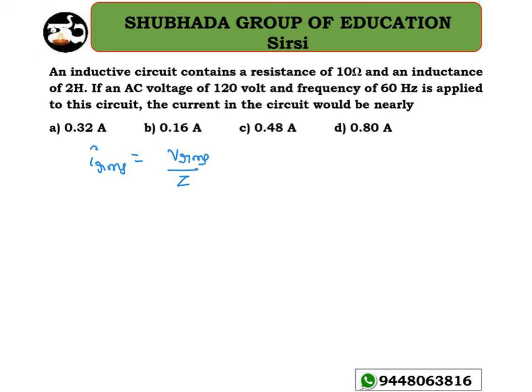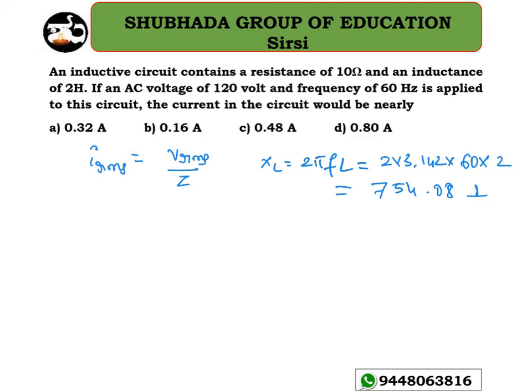Okay, so now I will try to calculate the value of XL. Okay, XL equal to 2 pi f into L here. So this is what? So that I will get 2 into 3.142. The frequency is 60 Hertz. Okay, and 2 pi f L, and the inductor is 2 Henry here. Okay, so that's the reason why I will get it as something like 754.08 ohm here.